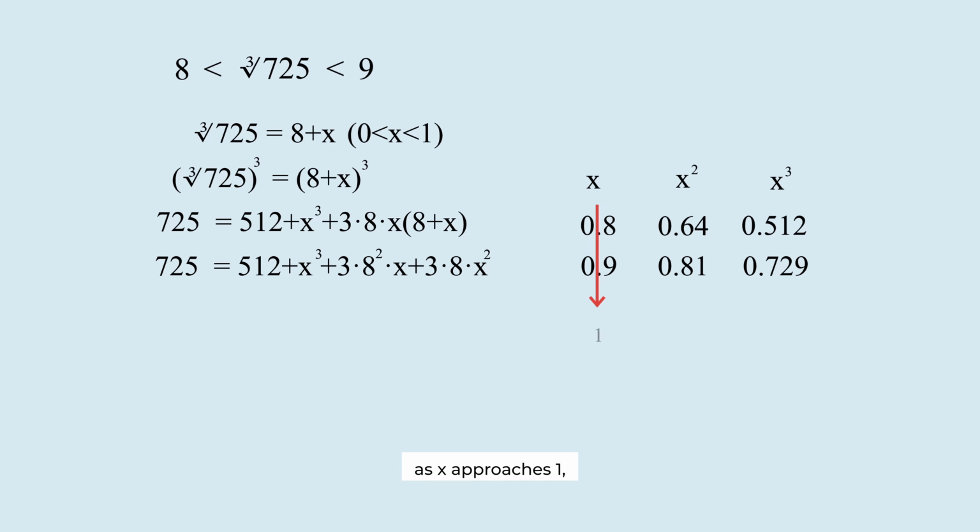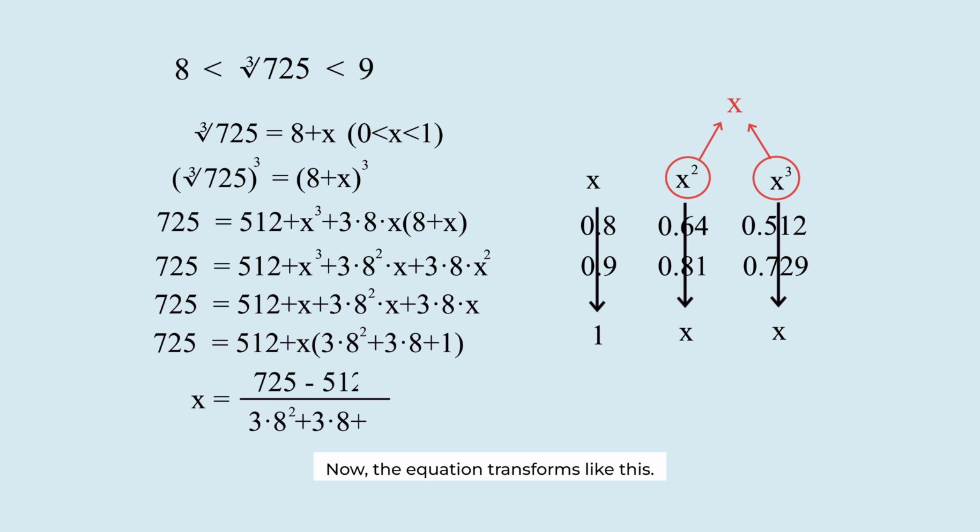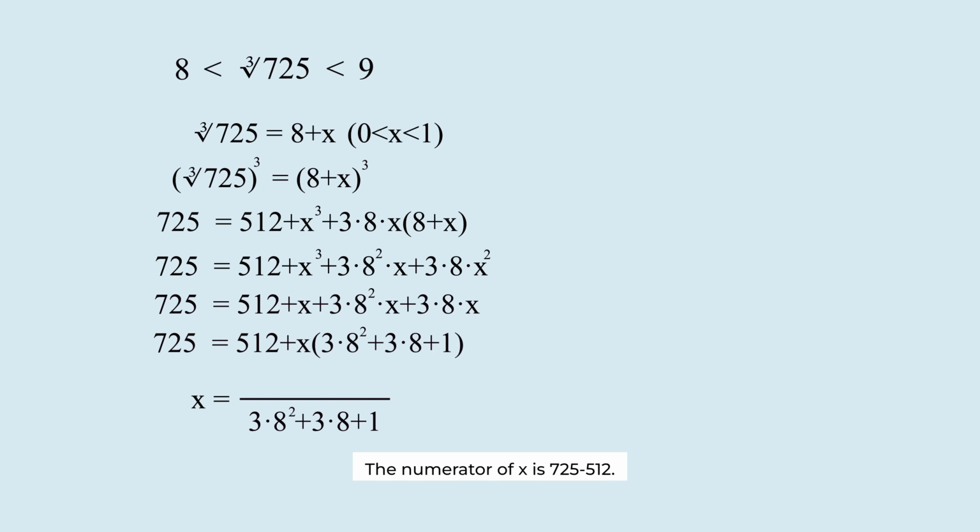As x approaches 1, x squared and x cubed get closer to x. So, in this case, we can treat x squared and x cubed as approximately x. Now, the equation transforms like this. The numerator of x is 725 minus 512. The denominator of x is 8 squared times 3 plus 8 times 3 plus 1. This denominator is larger than that of the first method. When calculated, x is